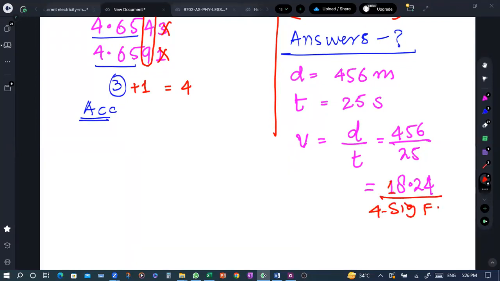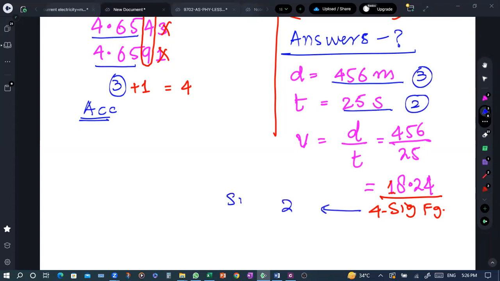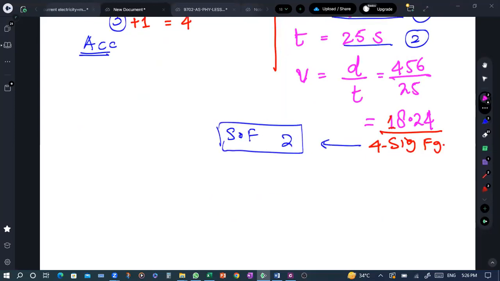Four significant figures. Now, I would not write the answer with four, because what is the least number of significant figures in my data? Here I have three. Here I have two. So my answer should have two significant figures. How many significant figures should I have in my answer? Two, because I follow the least number of significant figures indicated in the data. So the answer would be basically